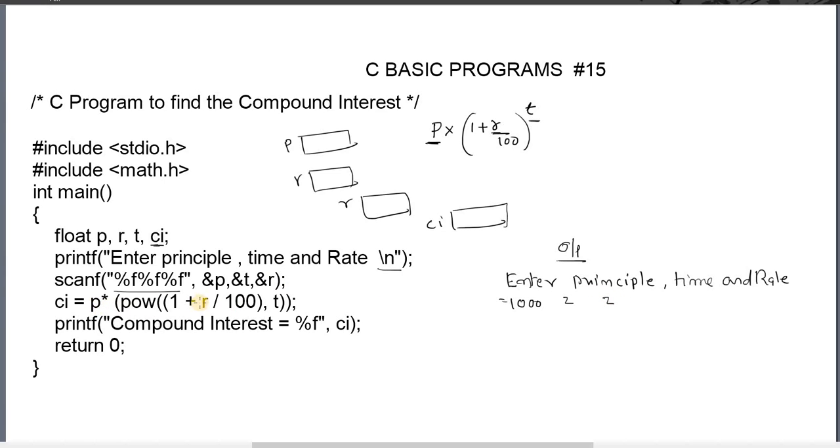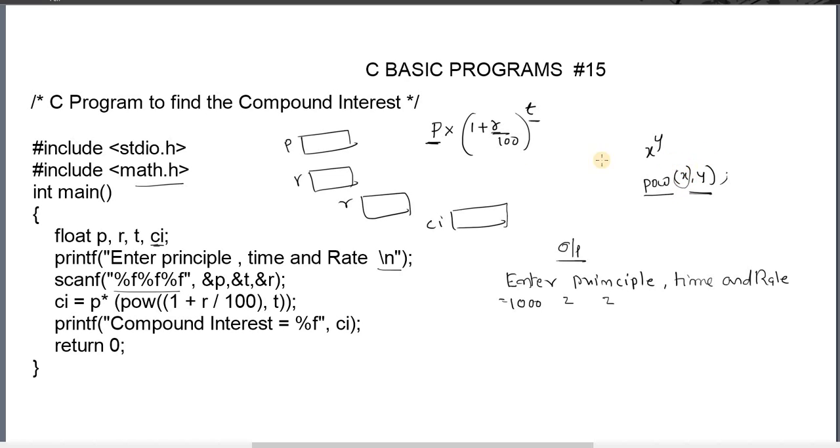This is the formula. Here one function is used. For example, if you want to calculate x power y, there is a predefined function, pow. It is already defined in our C program in the file math.h. If you provide x comma y, these are the parameters, the input for this function. This function takes these 2 values and returns the result x power y.